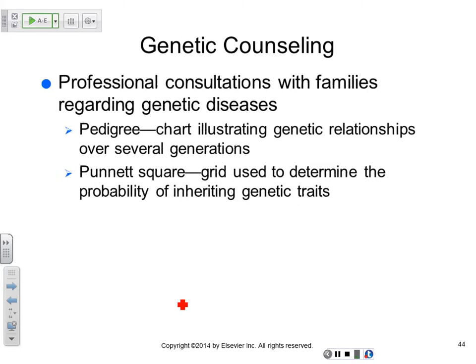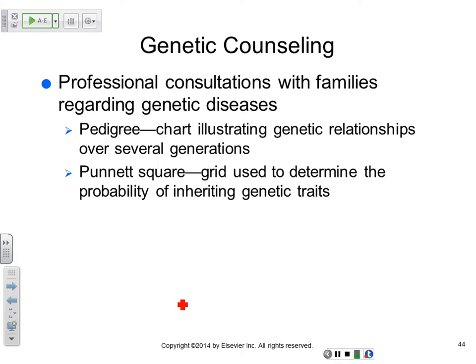These are the things we use when doing genetic counseling. There are certified genetic counselors, and sometimes couples go to a genetic counselor because of problems in their family history, so that they can tell them the probability of certain conditions. The tools they use are the pedigree, the Punnett square, and so forth. Later on we'll look at how you can determine conditions in utero and what ways you use to harvest the cells for that.